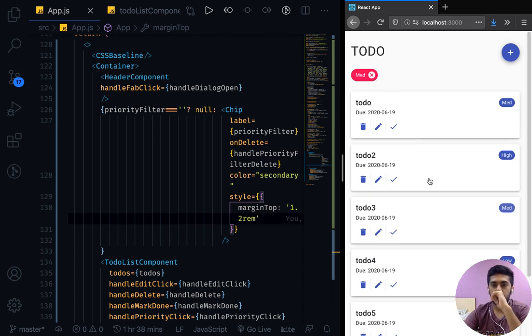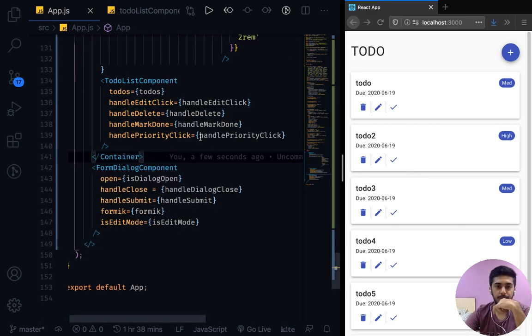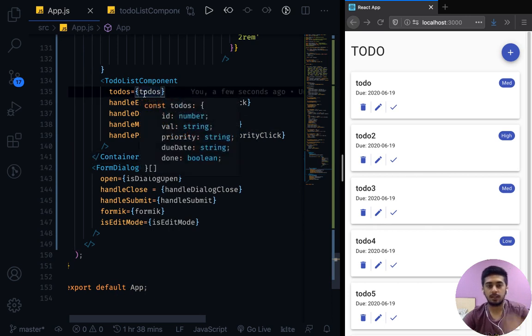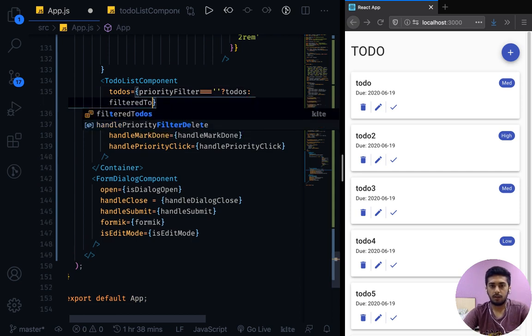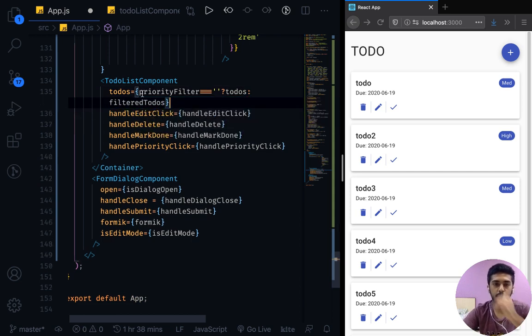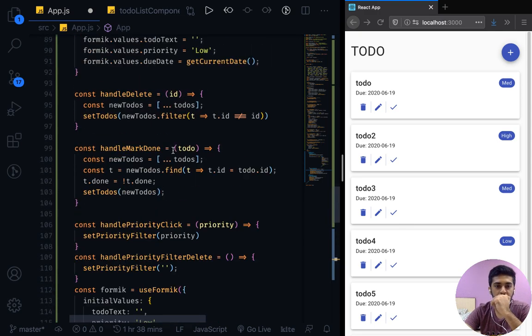Okay, this is pretty nice. Now we just got to make sure to filter out the content if the priority filter is on. So we are passing it to-dos, but what we'll say is if priority filter is equal to this, then pass to-dos, or otherwise filtered to-dos. Cool. And we'll have filtered to-dos as